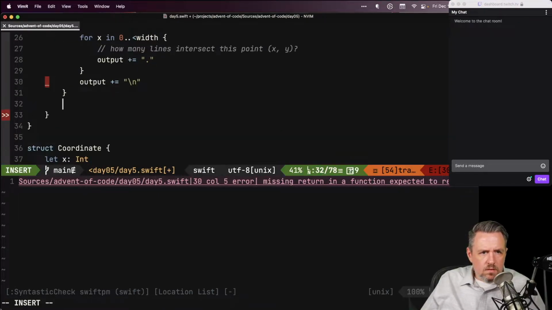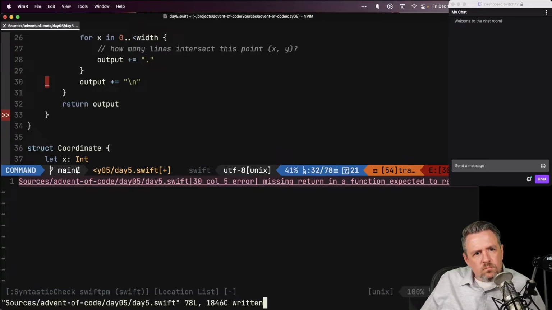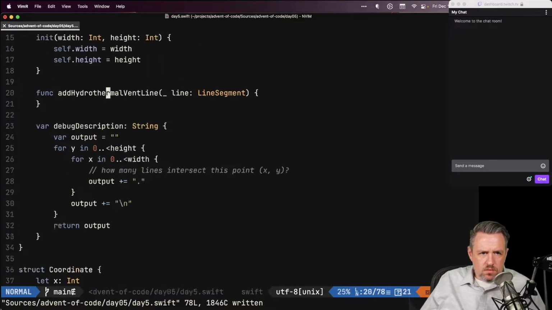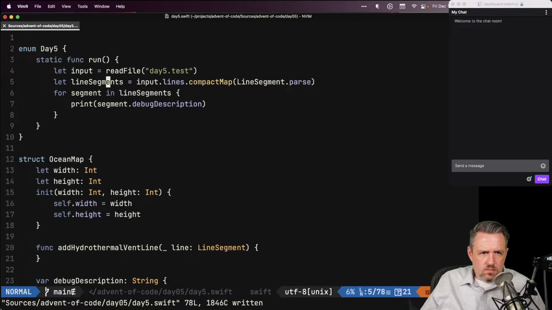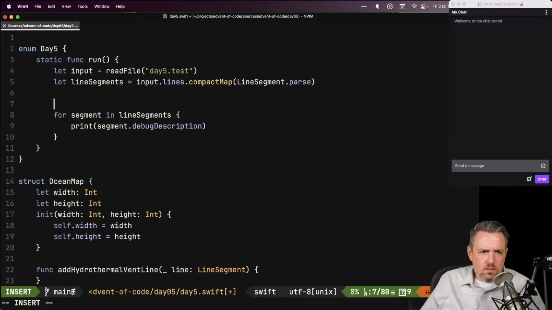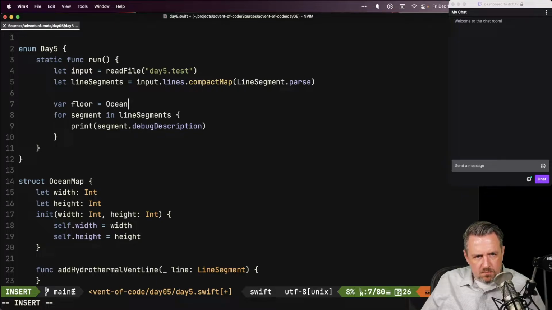Yeah. And then return output. Okay. So at this point, if I say var floor is ocean map,